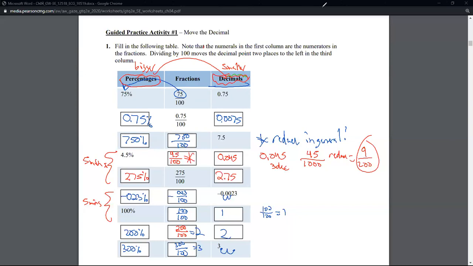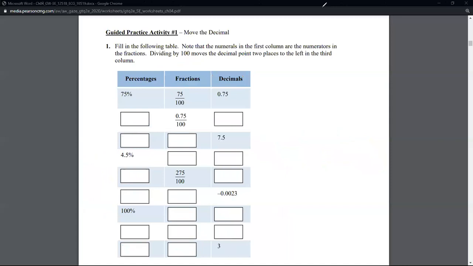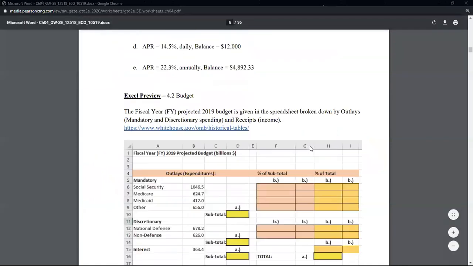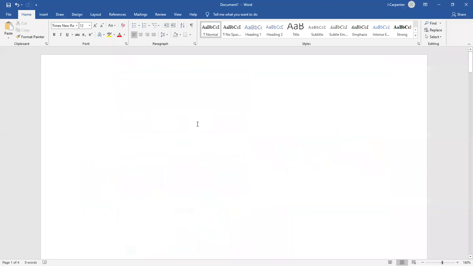All right, so we're going to clear the screen, come off of annotate. That'll be it from this file. So now what we're going to do is I'm going to do some more examples like I was doing in my QR class today, where I give you some real world contextual problem and you've got to find the missing value, whether it's a percent, a part, or a whole. So as a reminder